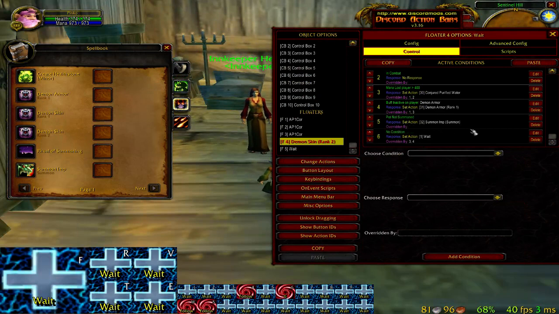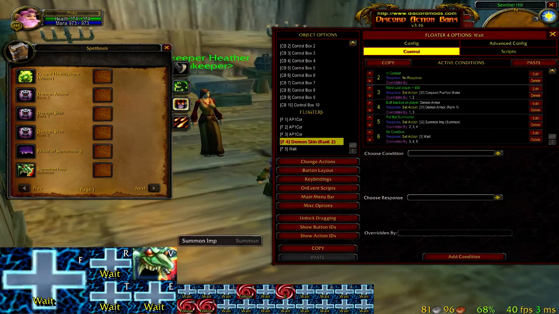And all we need to do is raise that up 1, set it to be overridden by... no need, no reason not to have it overridden if it's in combat. And 3 is fine. And 4. Add condition. And then we need to remember to add 1 more to the 6th condition. Now, as soon as we do that,